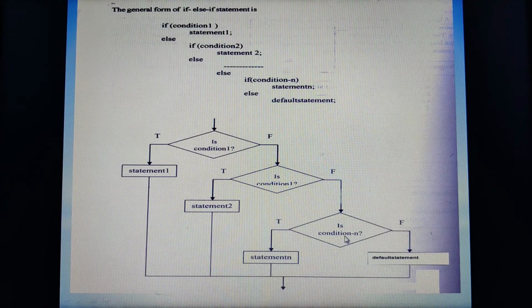Else, if false, it will check if condition n. If it is true, statement n is executed. Else what happens? The default statement will be executed. This is how the if else if statement works, which is also called an else if ladder. Understood?